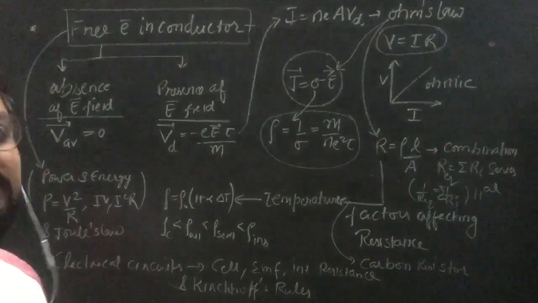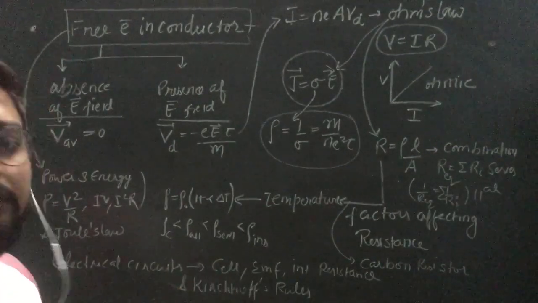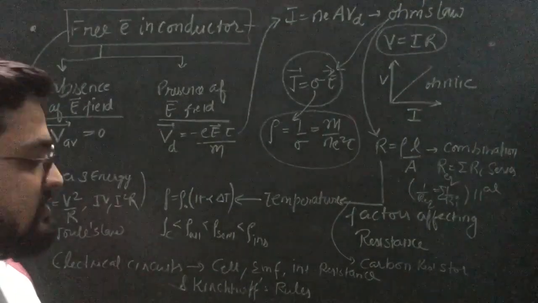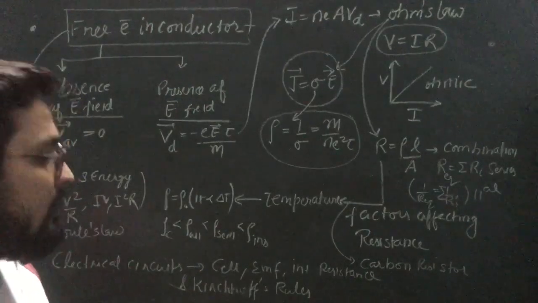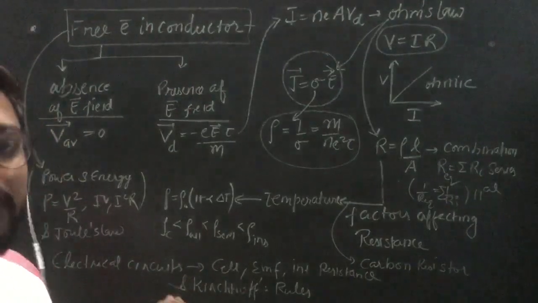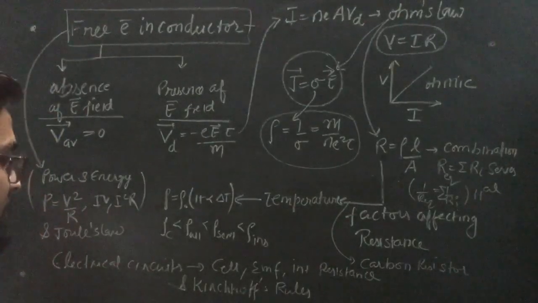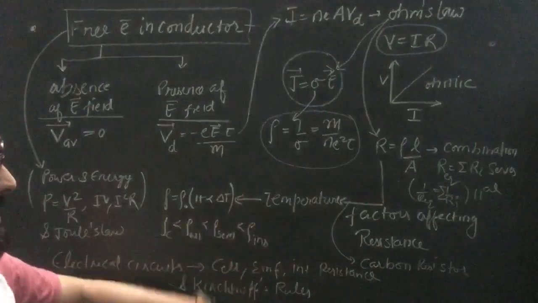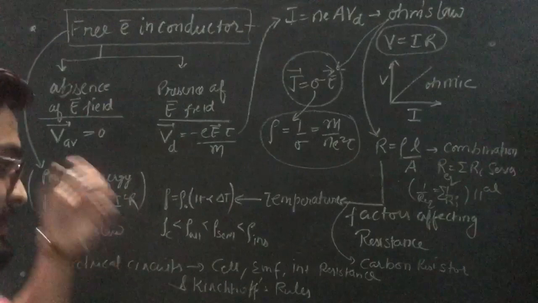So in case of discharging of a battery, EMF is always greater than potential difference, because some of the potential has been dropped on internal resistance, so we get a less potential difference across the terminals when the current is flowing through it. Okay, so also we have seen two cells in parallel series, their combination, and how to derive